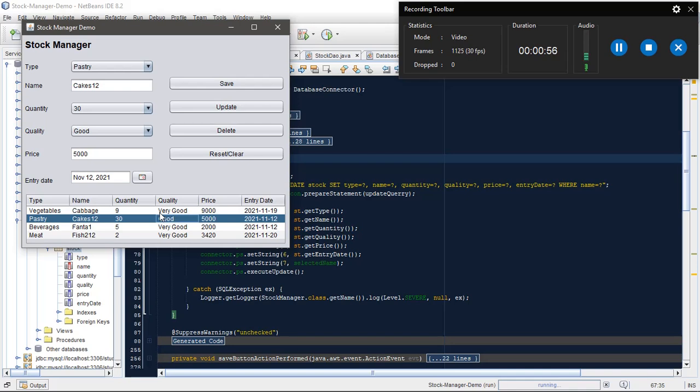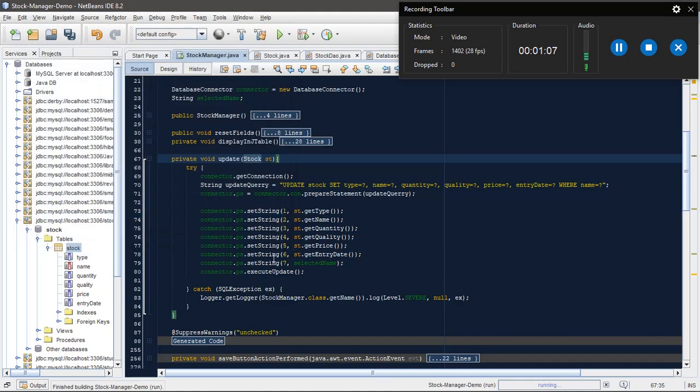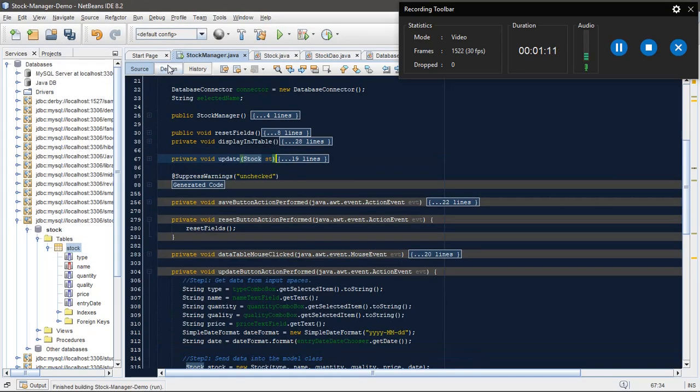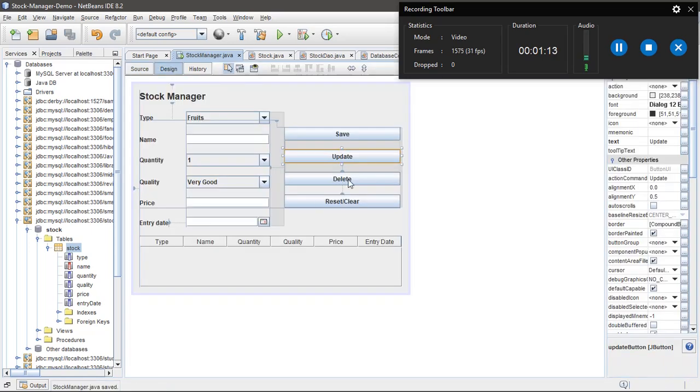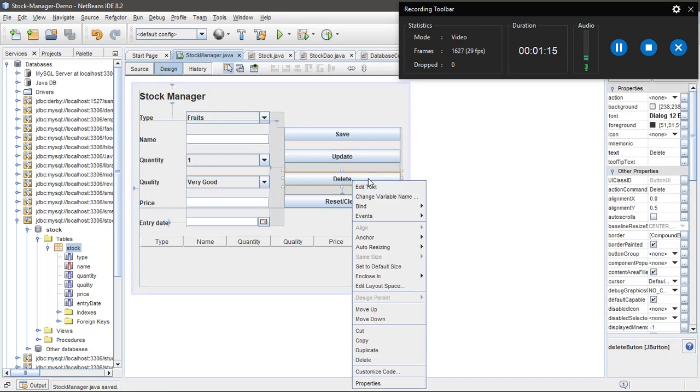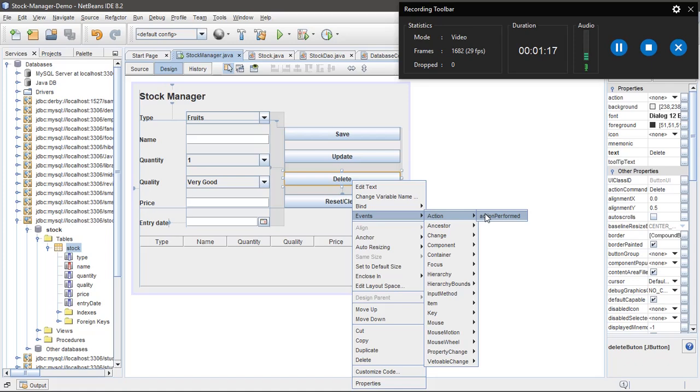So what are we going to use to be able to delete data from this row or from the database table? First of all, we're going to create an event handler for the delete button. So you say event action performed,